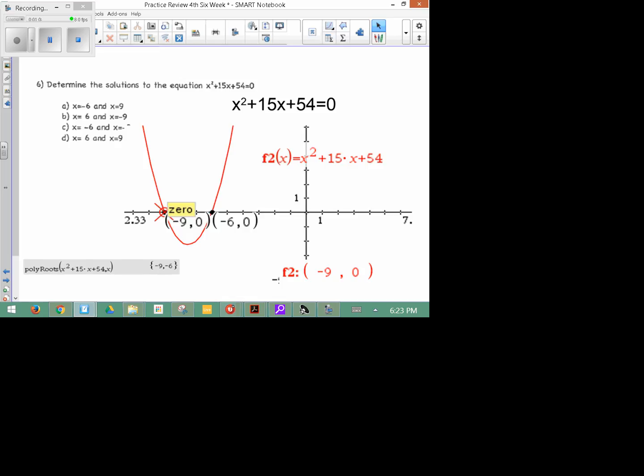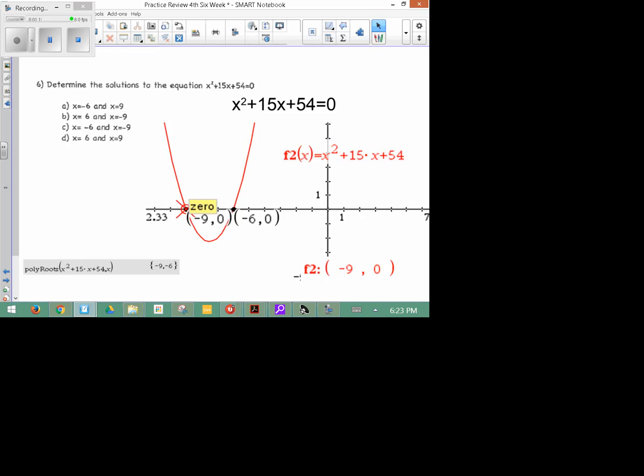If I graph this equation in a graphing calculator and use the graph trace to get the zeros, the zeros are the solutions to this equation. If x is equal to -9, you get a 0. If x is equal to -6, this equation will be true. So, just so you can see again how we use the graph trace, I'll go ahead